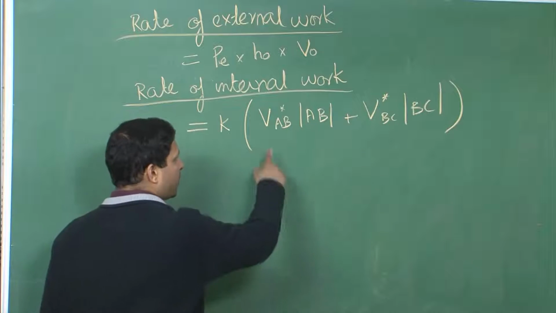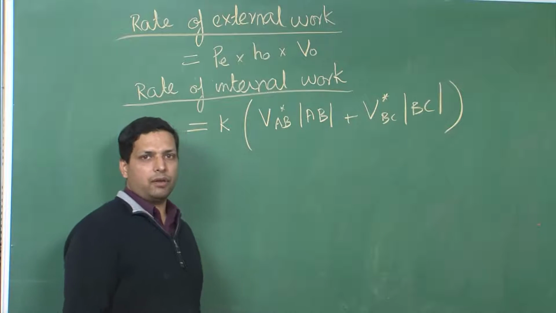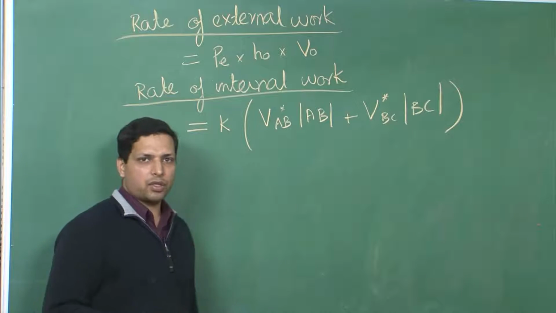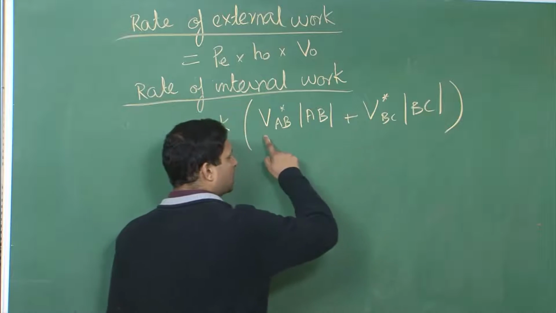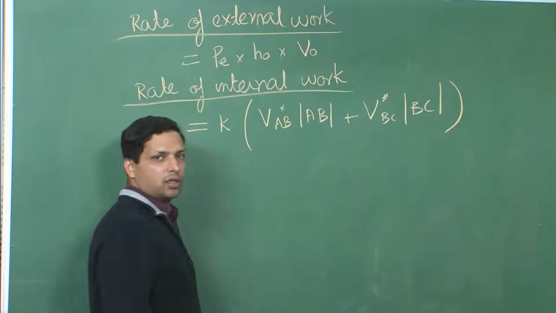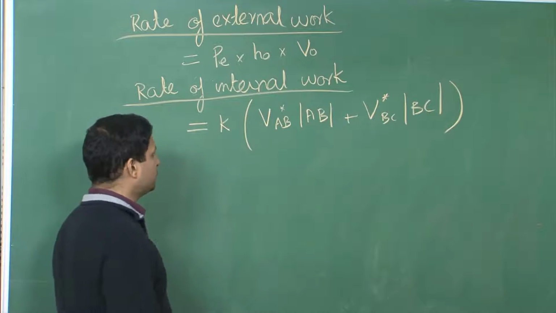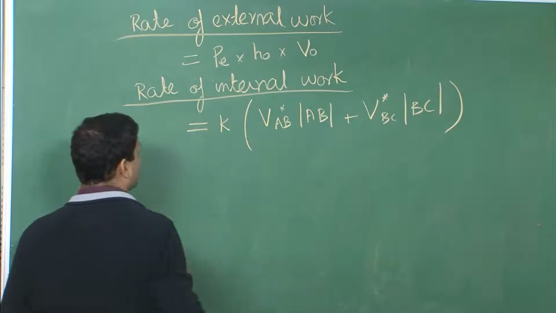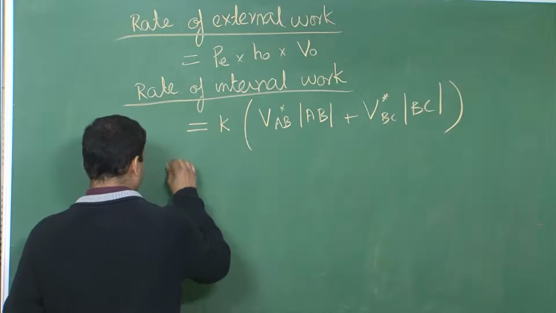So, you see, this is the summation that we talked about in the previous example. We were able to use a generalized equation where we used a summation. It is the expansion of the summation: across the different shearing planes you have to multiply the velocity times the length of the plane. Now, we will equate this and this because that is how we get the extrusion pressure, the upper limit for the extrusion pressure. So, we have